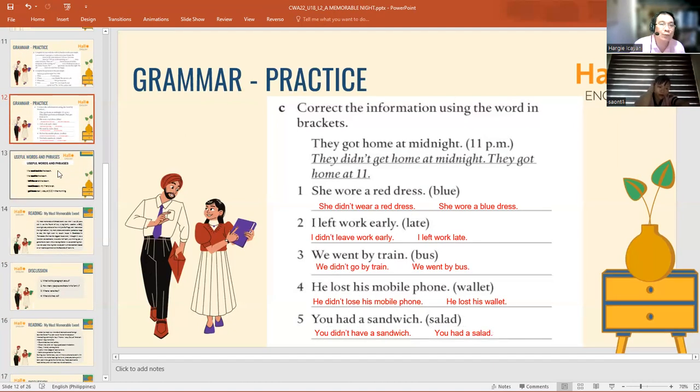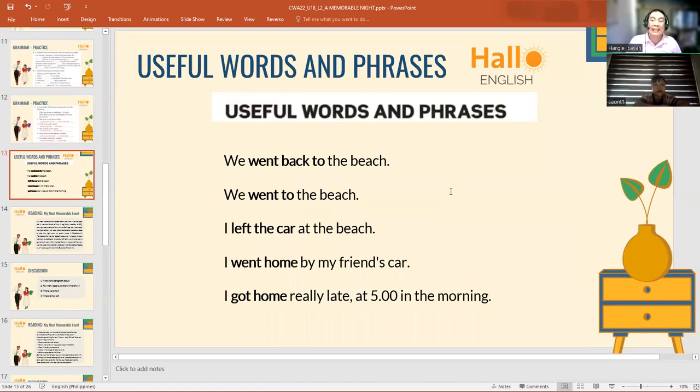Okay, now moving on. So useful words and phrases. So like the word